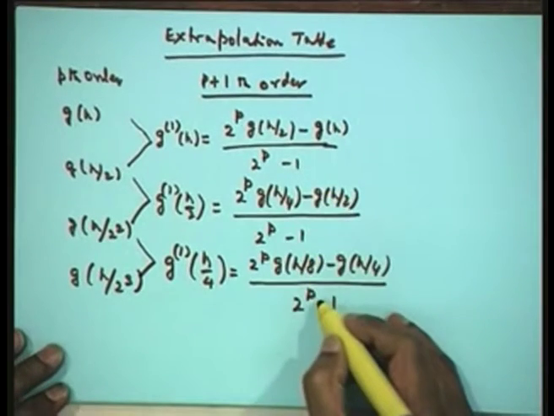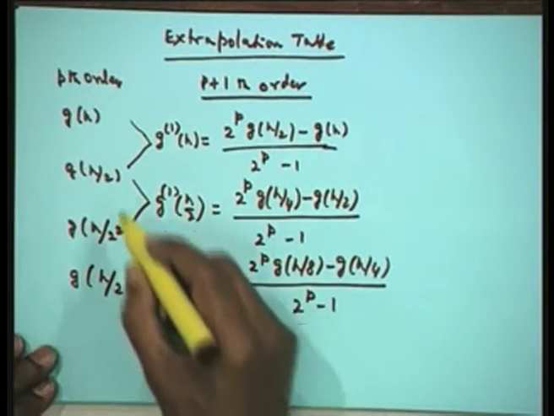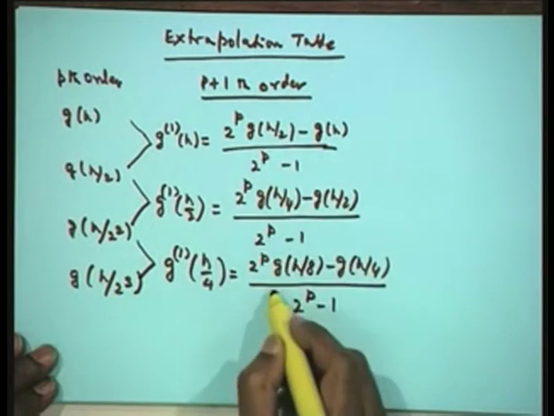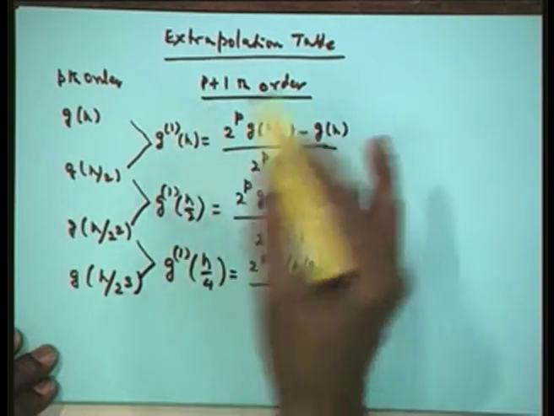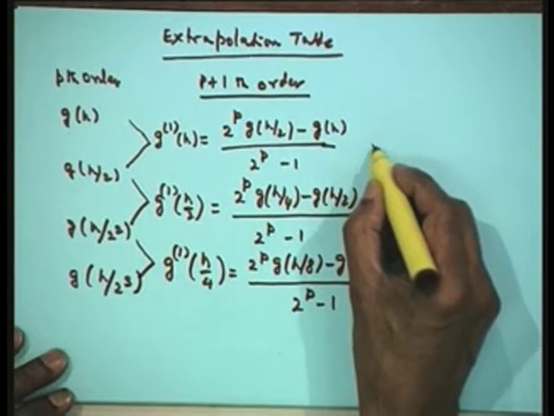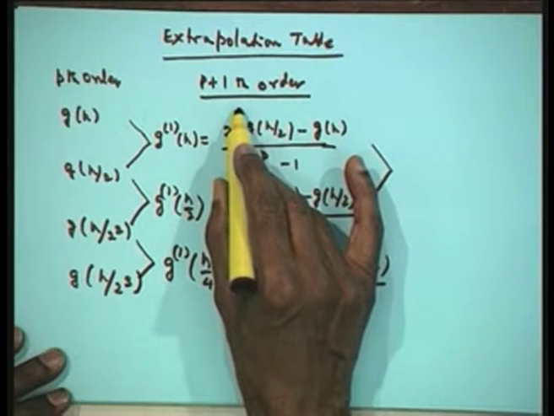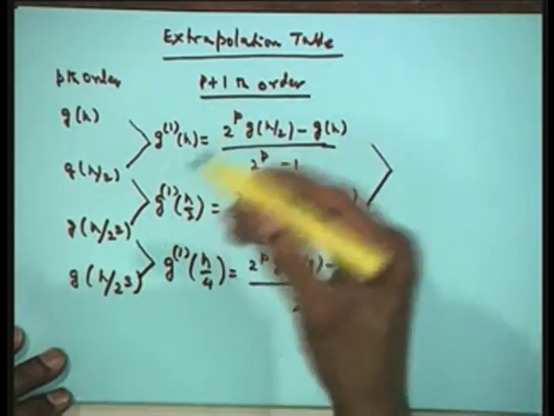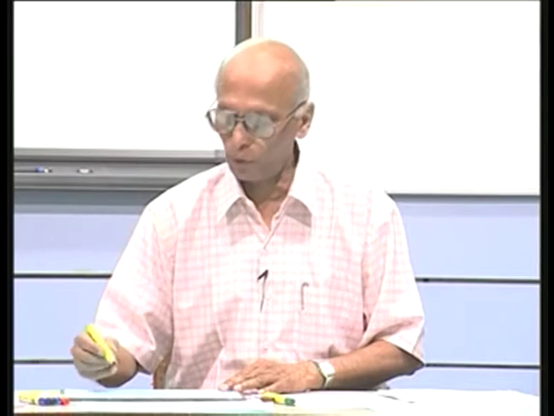Now, all these three results are of p plus 1th order, the last one being the best value, because this is h, smaller h. So, this last value is the best in this column. Now, since the method is of p plus 1th order, that is h to the power of p plus 1, I can now manipulate exactly the same way that we have done, but now the coefficients are going to be 2 to the power of p plus 1 and minus 1, because the method is of p plus 1th order. So, now if I reduce h by 2, h to the power of p plus 1 divided by 2 to the power of p plus 1. So, we have to eliminate that particular coefficient. So, I have to multiply by 2 to the power of p plus 1.